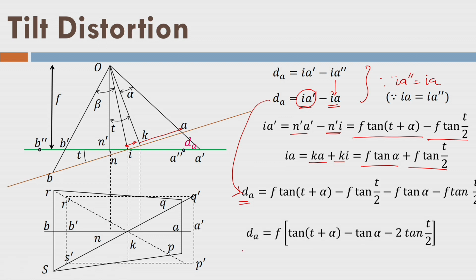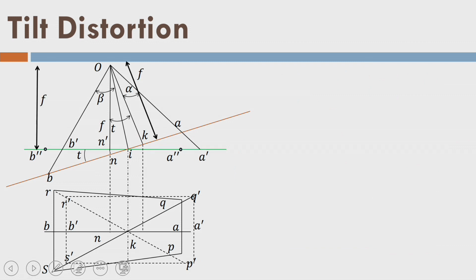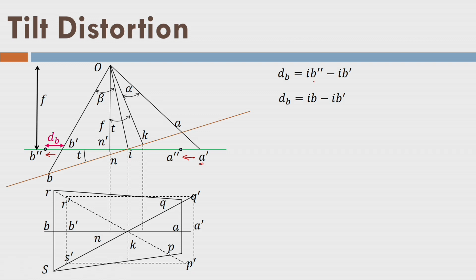similarly, I can write this expression. So, what about point B? Again, this is my focal length F. So, that is my distortion dB. You can see here that because of the tilt distortion, point A is shifting inside like this, but point B is shifting outside, right. So, I can write this thing here, and they are equal basically,